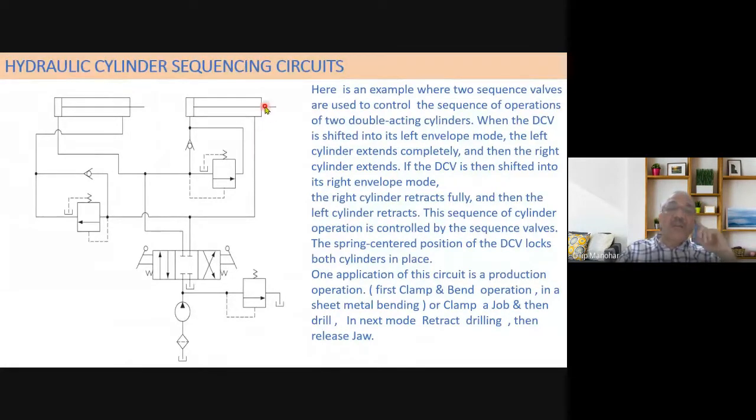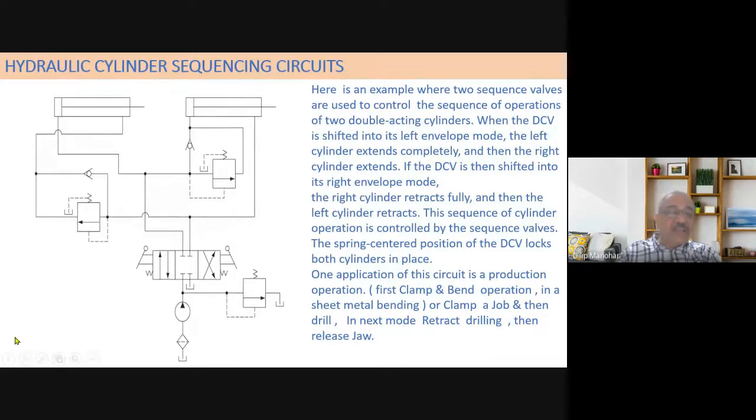It will be in the beginning when you actuate the left cylinder here by going to the right envelope, the retraction will take place here. In the same fashion, when the retraction is completed, it will actuate the cylinder BA. From B, it will go back to A. This cylinder will also retract and complete the cycle. So I think you need to study this in detail when you do it peacefully.